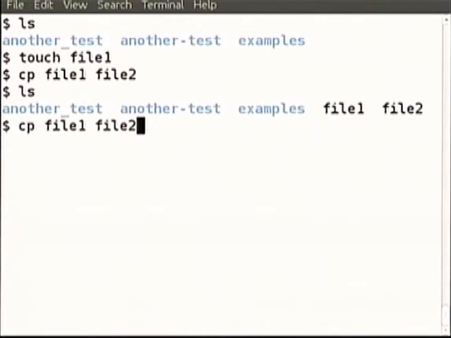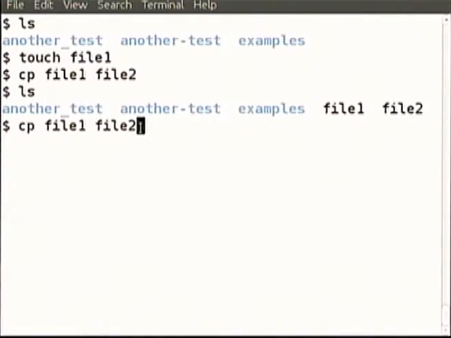What if we try to copy it again? File2 already exists as the destination. We are trying to copy file1 now, and we are giving a destination that is already an existing file. Of course, right now these are all empty files because I used the touch command, so there is nothing very important there. But more generally you might be working on different versions and have spent a lot of effort, all the information is there, and you don't want to copy another file over this file and lose the old file by overwriting it. Now this is potentially a big problem.